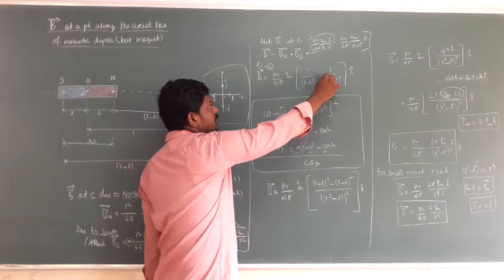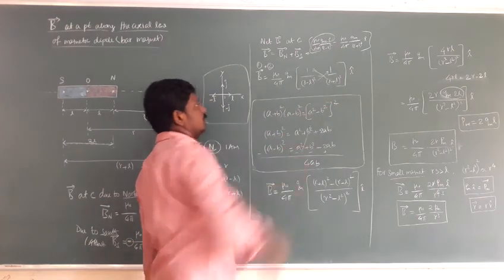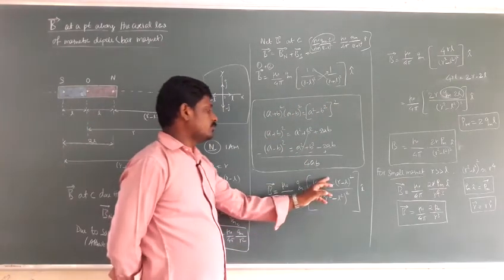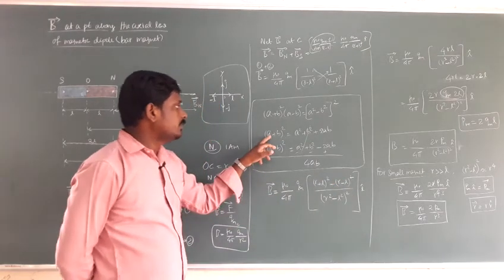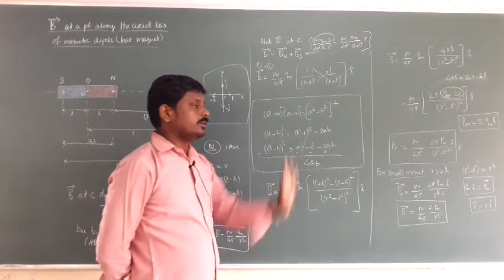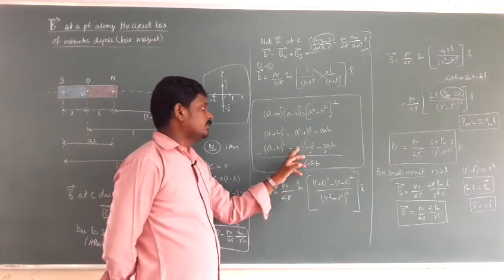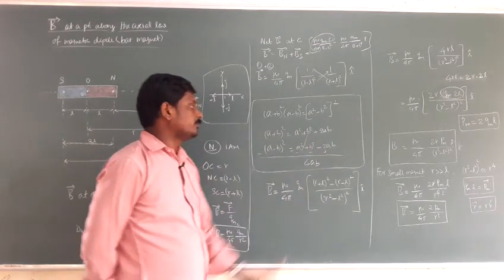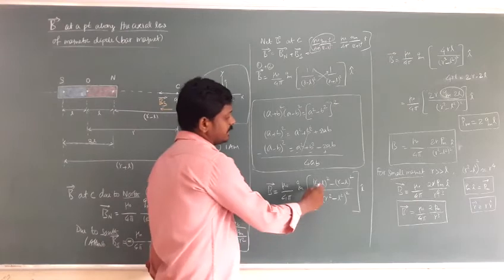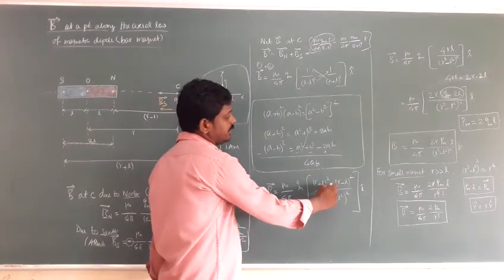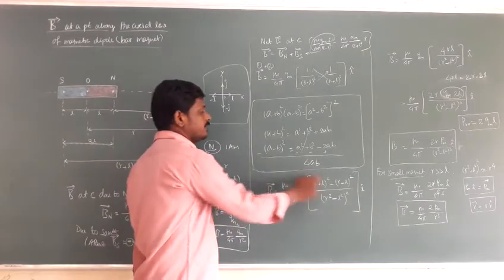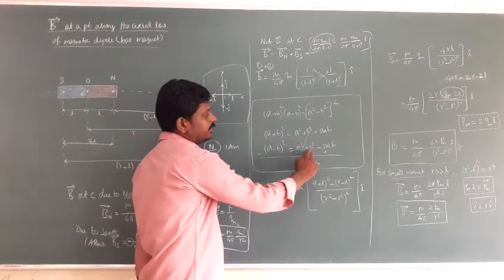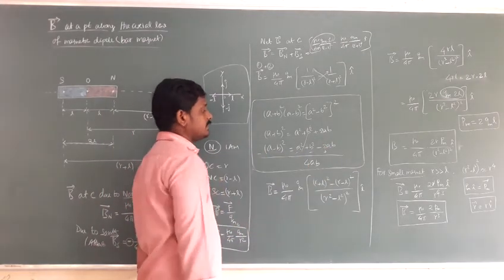just we need to cross multiply. So (r plus l) whole squared minus (r minus l) whole squared. So (a plus b) whole squared equal to a squared plus b squared plus 2ab. Then (a minus b) whole squared, a squared plus b squared minus 2ab. Then what we will do, just subtract it. So (a plus b) whole squared minus (a minus b) whole square. So in the second there should be a negative sign. So negative, negative, negative, then minus of minus plus.